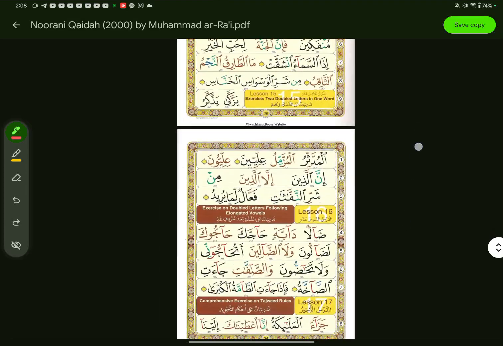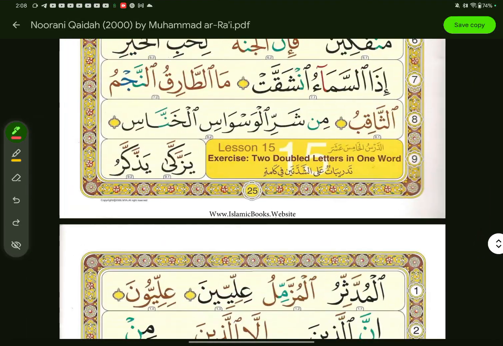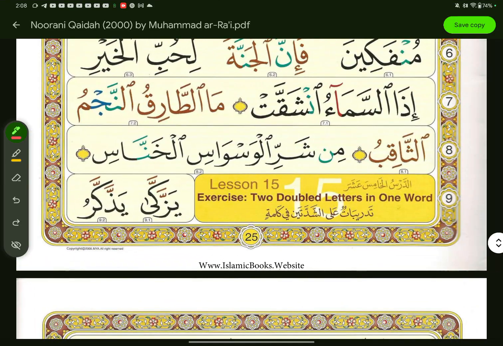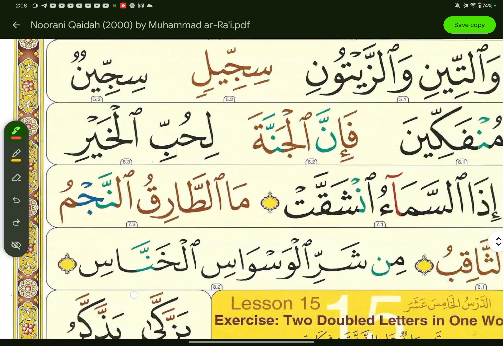A long one, just to give you a better example here. Right? So for example, this one here. So, this is easy. It's a little too easy. It's min sharril waswasil khannas. I want something a little more,